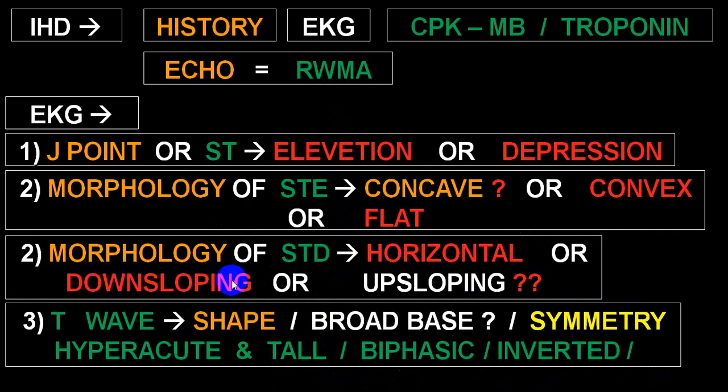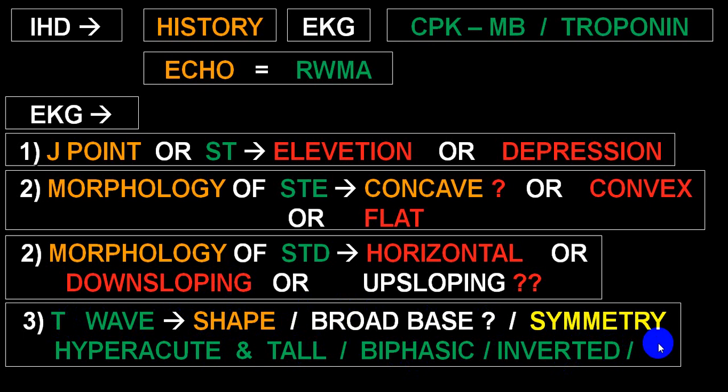Downsloping will also be seen in case of what we call RVH, LVH, left bundle branch block, right bundle branch block; we call these secondary changes. Then you look at the T wave, look at the shape of the T wave, whether it is broad base, symmetrical, hyperacute, tall, biphasic, inverted, and other